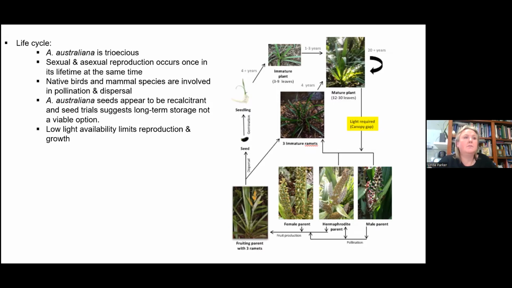The species, as we said in the video, was thought to flower very irregularly, and there were low reports of flowering, so we thought most of the reproduction was clonal, but now we know that they both happen at the same time. But I guess successful reproduction is mostly from the clonal growth, because the seed germination success appears to be really low.